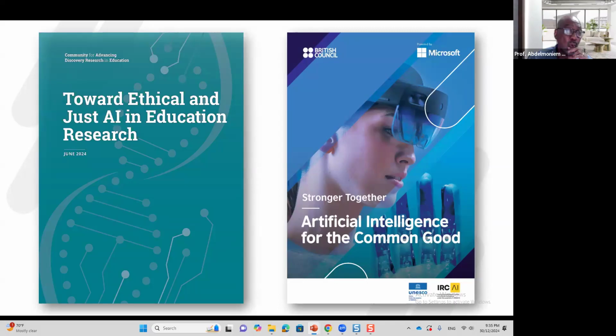Also, this document by the Community for Advancing Discovery Research in Education, a report from June 2024, says: towards ethical and just AI in education and research. The subject is controversial.